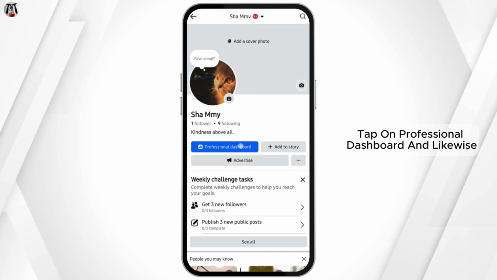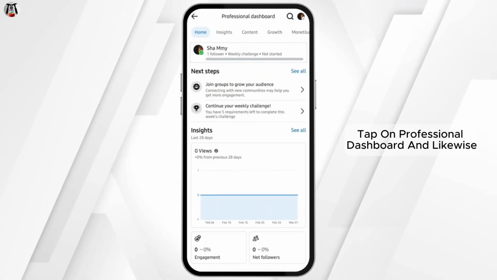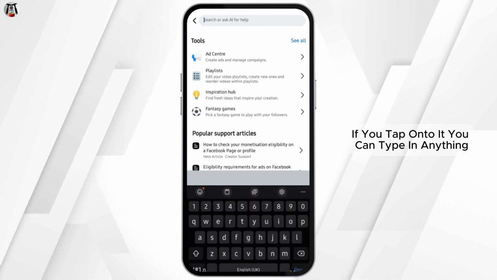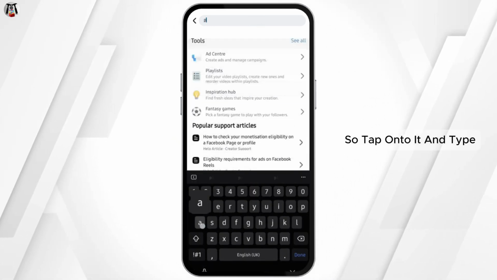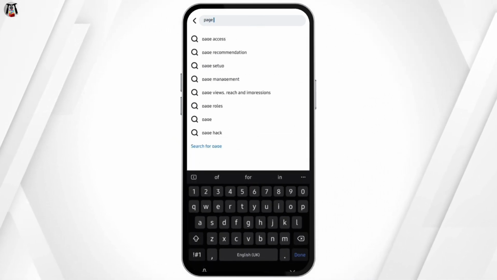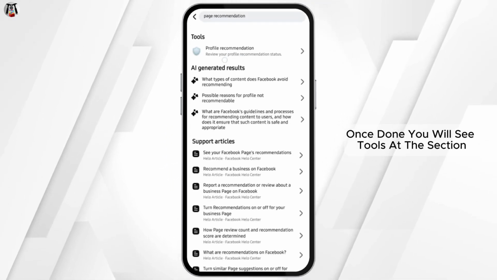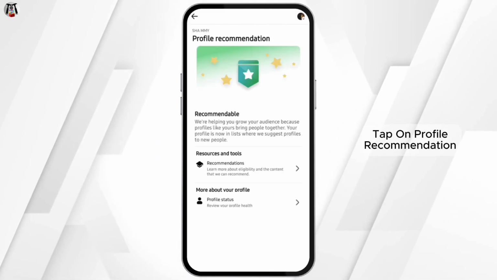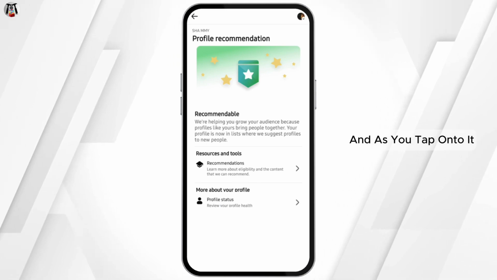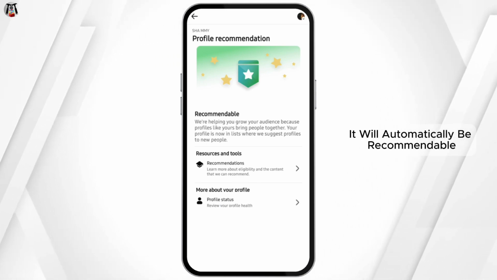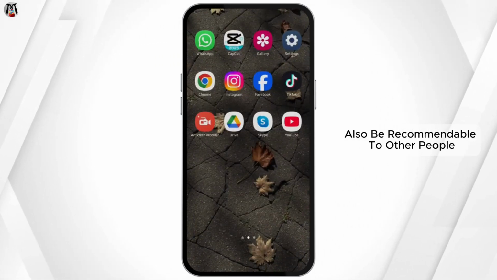Tap on Professional Dashboard. And likewise, you will also see a search bar icon. If you tap onto it, you can type in anything. So tap onto it and type in page recommendation. Once done, you will see tools. At this section, tap on profile recommendation. And as you tap onto it, it will automatically be recommendable, and your Facebook pages will also be recommendable to